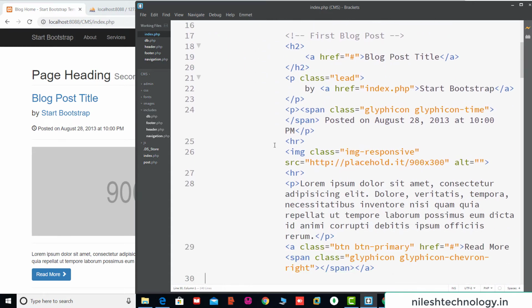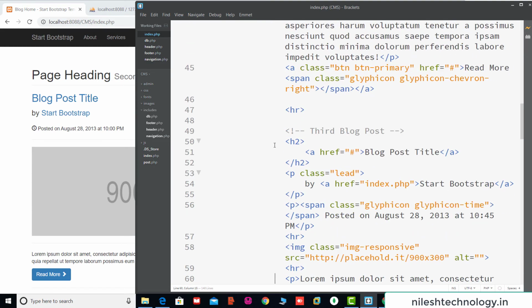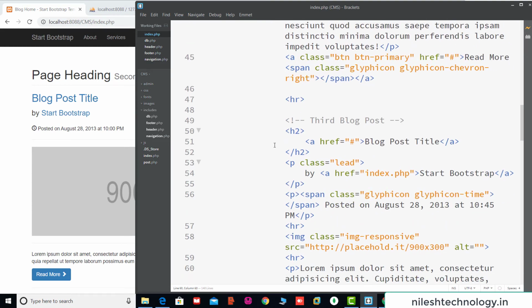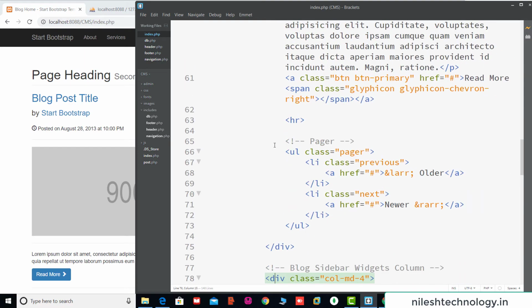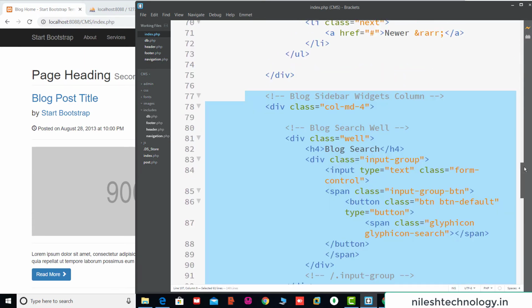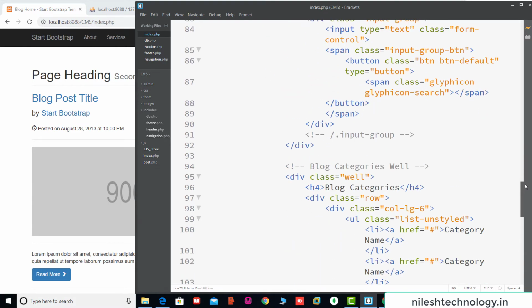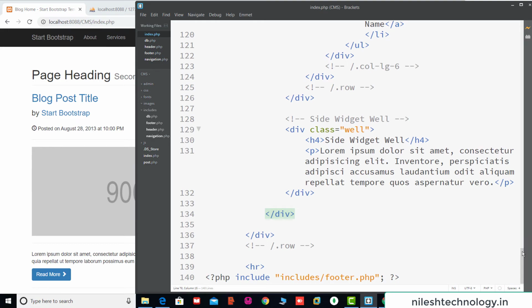See here, this is the block sidebar widgets column. So this is your div tag, and this div tag is closed here.